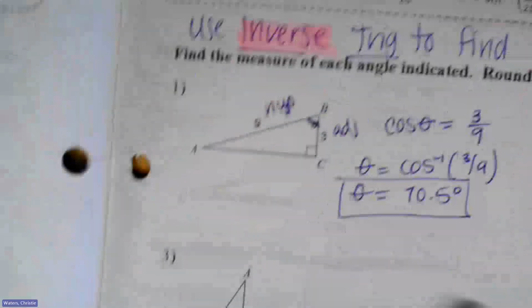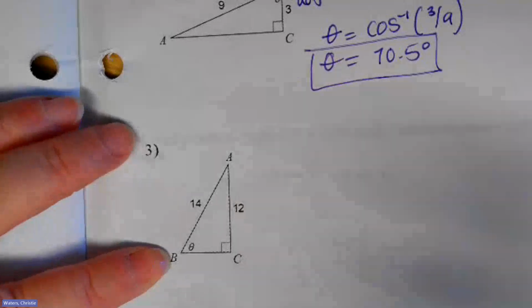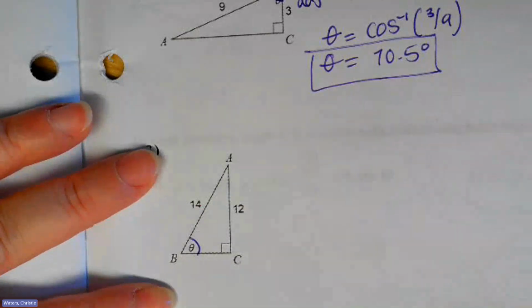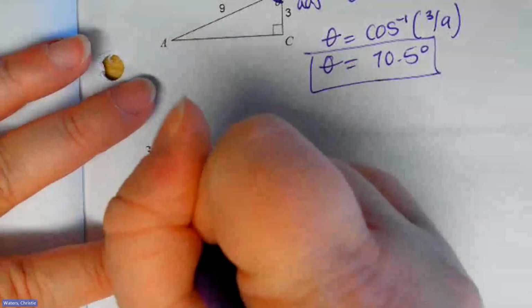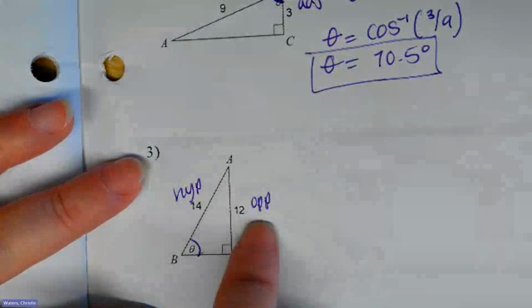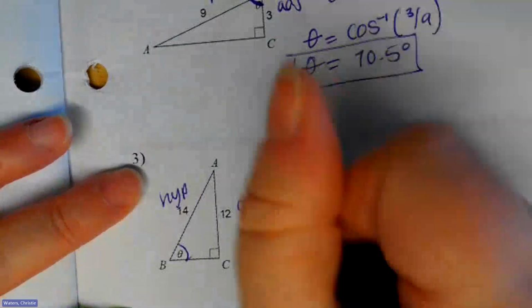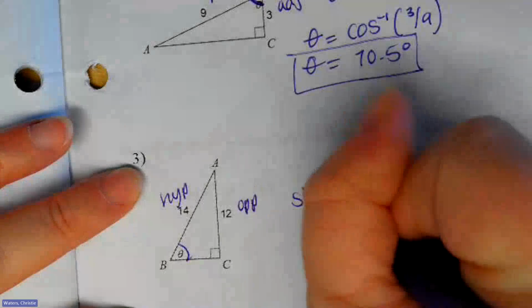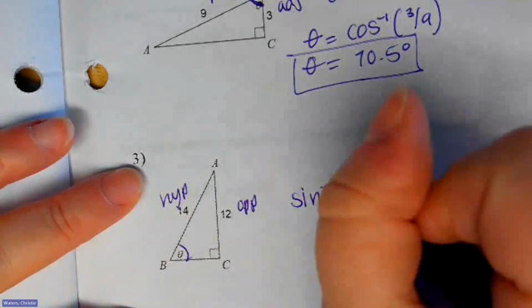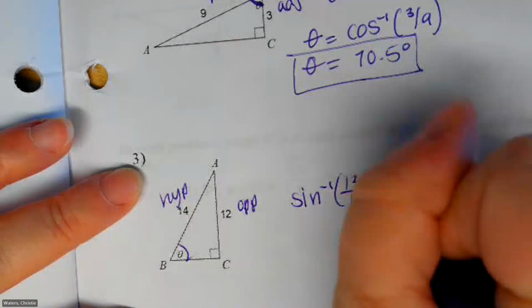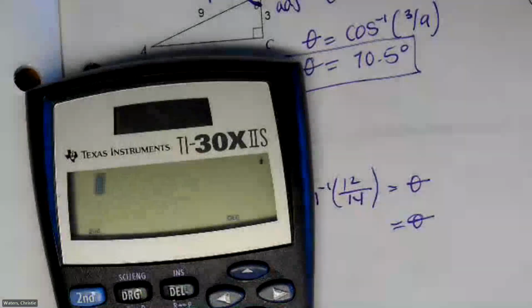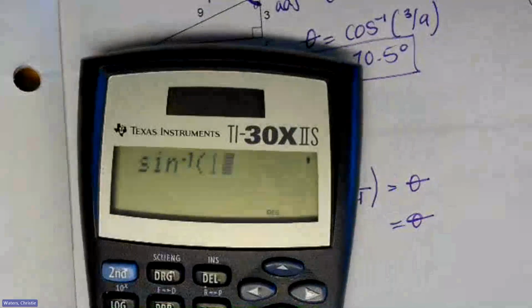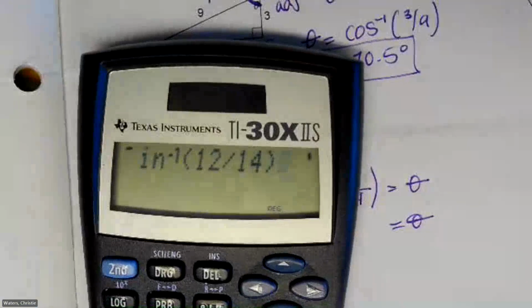And now the last one. So this is my focus angle here. I'm supposed to find angle B. So opposite of B is 12. And 14 is the hypotenuse. So opposite and hypotenuse is sine. So we're going to do inverse sine of 12 over 14, opposite over hypotenuse. Go ahead and type that in. 12 over 14. And I get